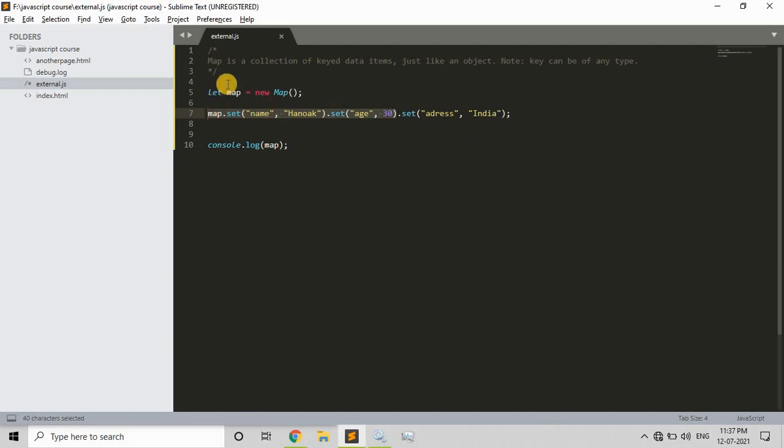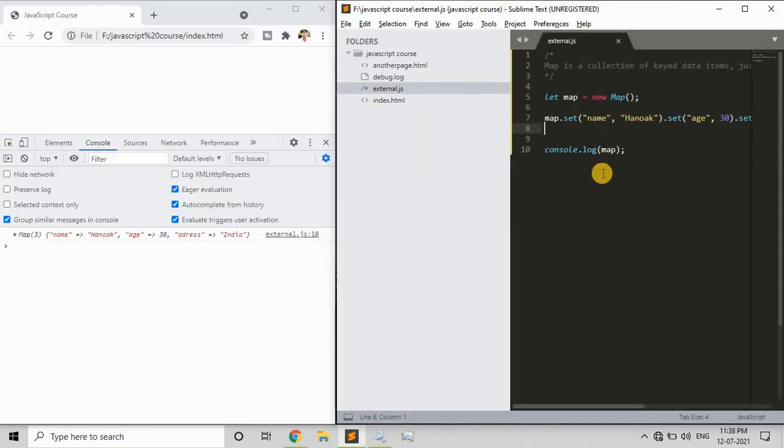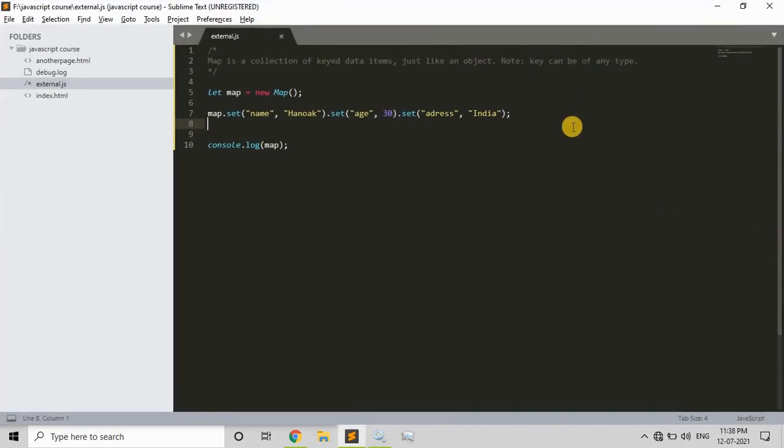Basically it returns the map itself, so we keep adding values to that map, with no need to write all of that repeatedly in multiple lines. So this is how we can achieve it, very simple. This is how we will be adding stuff to the map.